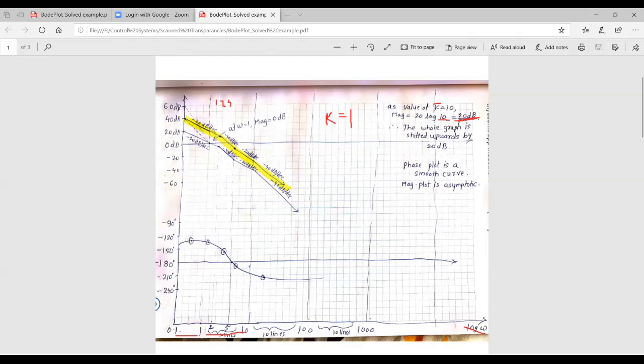And now before starting with the plot, your magnitude table's last two columns, net slope as well as frequency range, these two columns help you in sketching the magnitude plot. Initial first factor is 10. We do not have net slope, we do not have frequency range, because